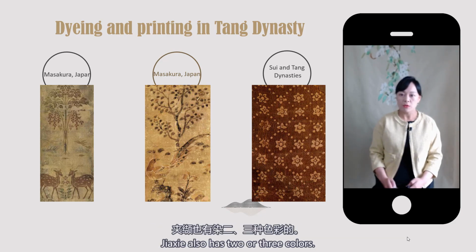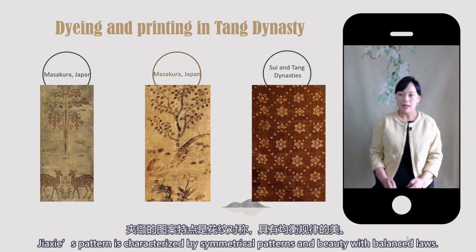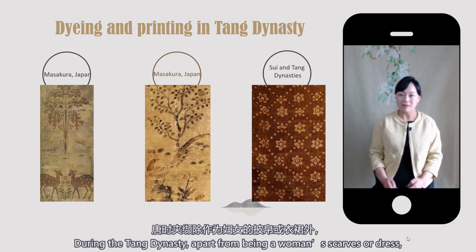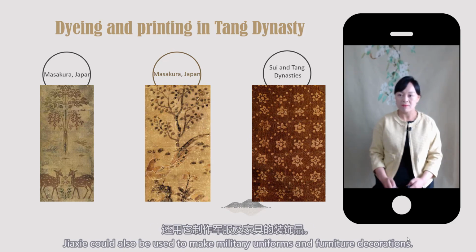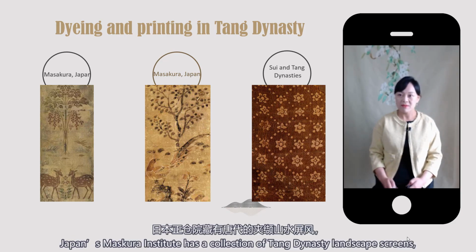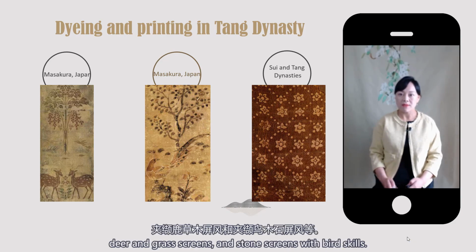夹鞋 also has 2 or 3 colors. 夹鞋's pattern is characterized by symmetrical patterns and beauty with balanced laws. During the Tang Dynasty, apart from being a woman's scarves or dress, 夹鞋 could also be used to make military uniforms and furniture decoration. Japan's Museum, 正仓院, has a collection of Tang Dynasty landscape screens, deer and grass screens,